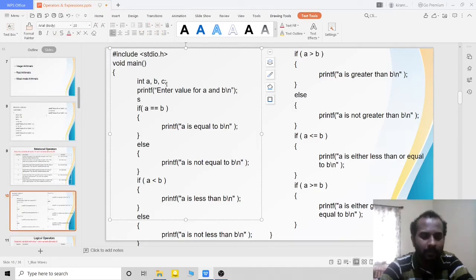I will do the scanf statement to take the values from the keyboard, right? So I want to accept the values for a and b. So a and b are of integer type. So %d, %d. Okay. Closing of the quotation, comma, and &a, because you want to store the values at the memory location of a and at the memory location of b.